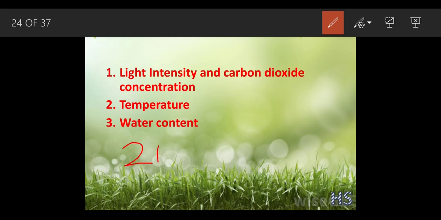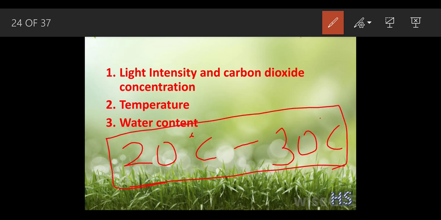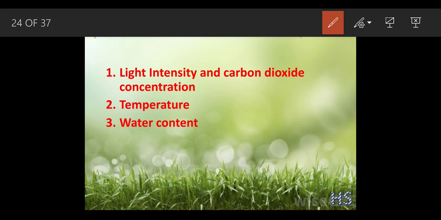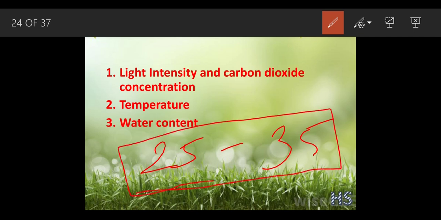See, if the temperature at the start of a day is 20 degrees Celsius, there would be an increase of 10 degrees Celsius. So if there is an increase of 10 degrees Celsius, it will double the rate of photosynthesis. Okay, suppose it is 25 degrees Celsius, and we increase it by 10, then it becomes 35 degrees Celsius. So this temperature is best and perfectly suited to double the rate of photosynthesis. Okay, so there should be only an increase of 10 degrees Celsius, sorry.